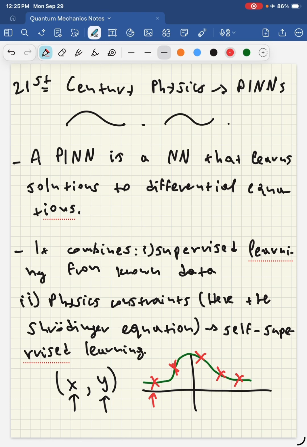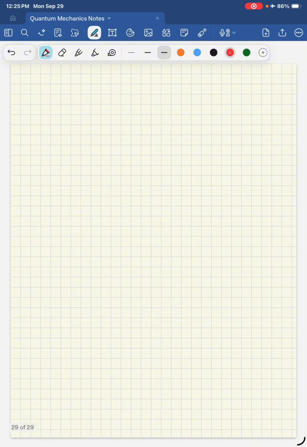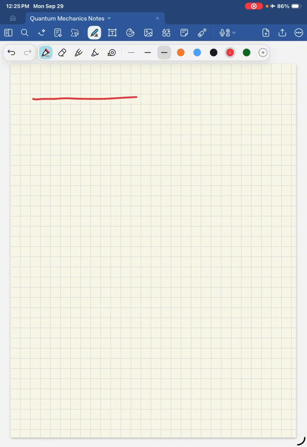So this is your x, and this is your y, okay? The y are the labels, and the x are the features, as they are called in machine learning, okay? And then you have unsupervised learning. In unsupervised learning, you only know,